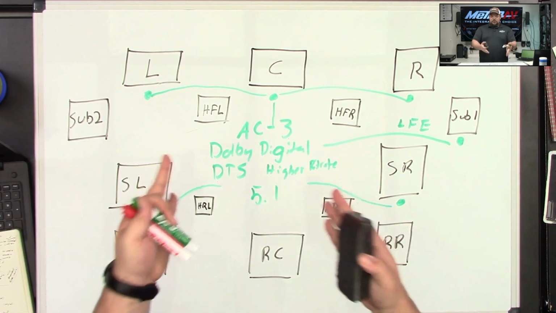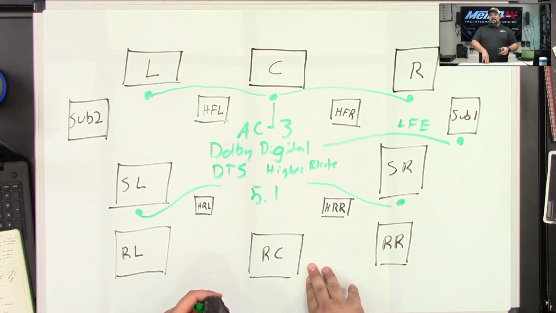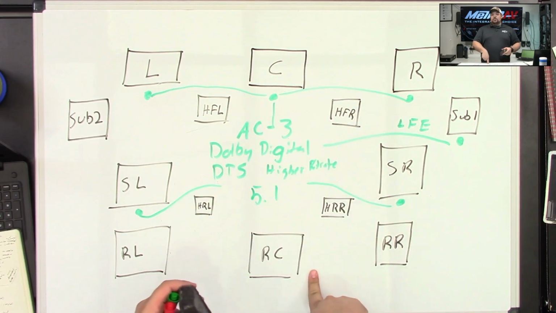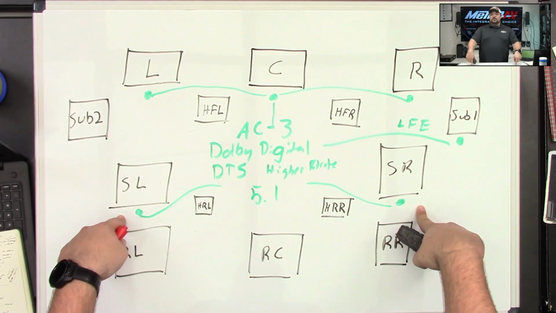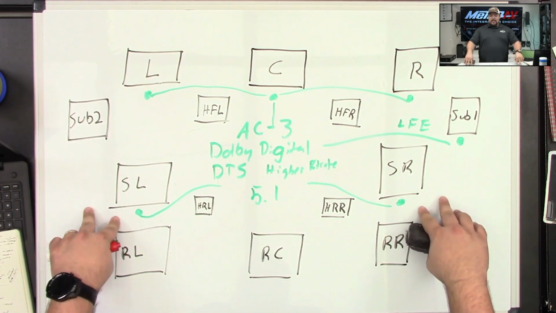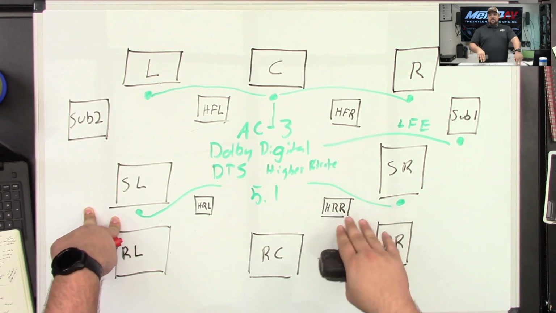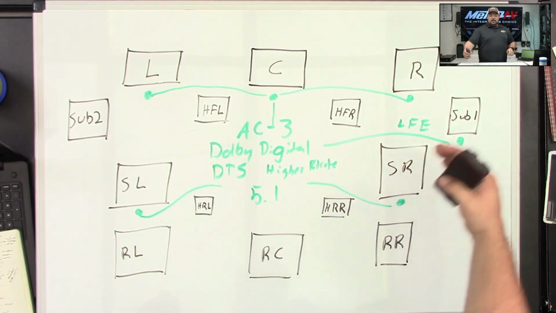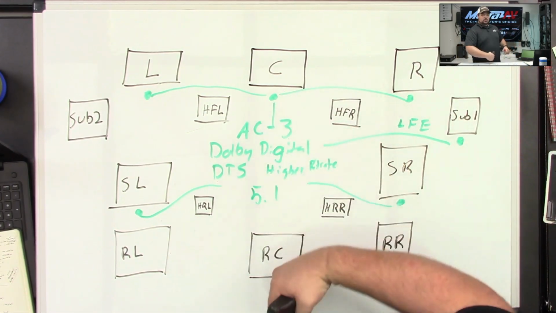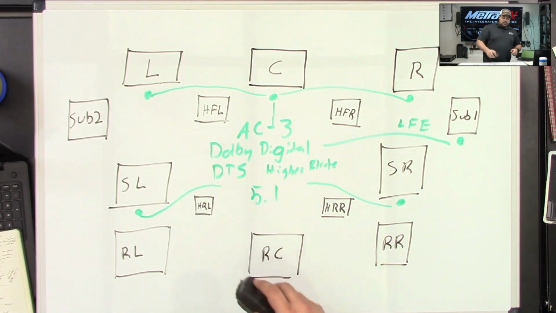In surround sound, you really only need this many speakers in order for it to work correctly. You technically only needed the front stage and one rear in order for this to work in a decent fashion. I would still say you need the left and right rears or the surrounds, because this would allow you to have a directional sound stage in the rear, so you would know where something is coming from and where it's going, not just, okay, it's stepping in from the right and then going straight back. You wouldn't have anything like that. So that's AC3, that's Dolby Digital, and DTS.